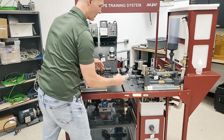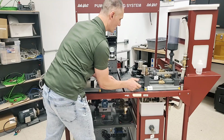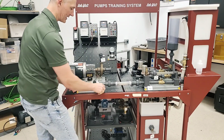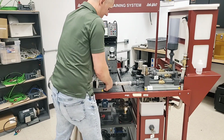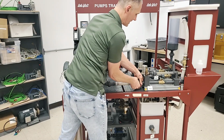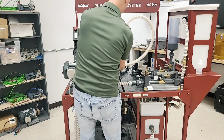The circuit does show putting one in between here, so what I'm going to have to do is make sure my O-rings are here, and then I'm going to start the assembly, and you'll notice that it actually just falls right into these holes here. So that's what we want to get. So I'm going to make sure that this is reasonably tight. Again, you saw me spin this fitting. That's not necessarily a good thing, so I want to hold on to both sides while I make these things a little bit snug. I'm going to go ahead and grab this fitting here,